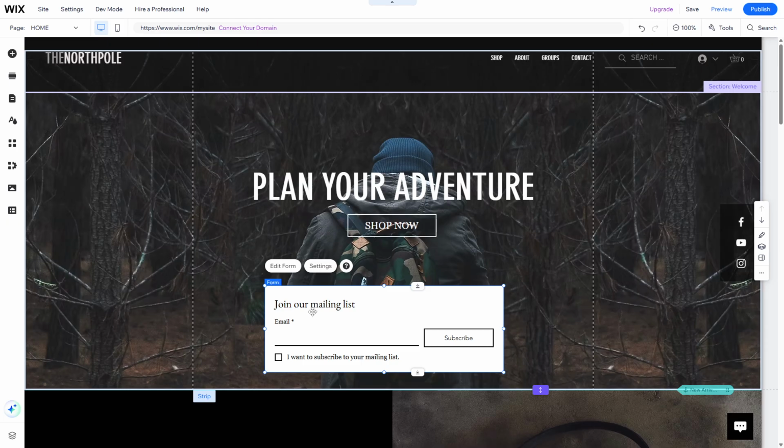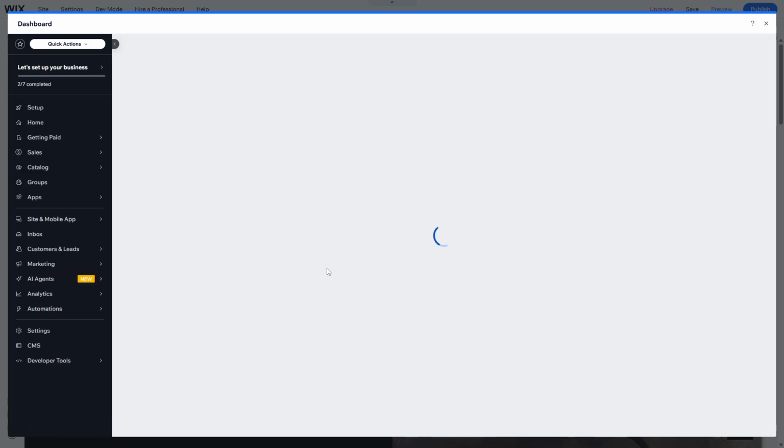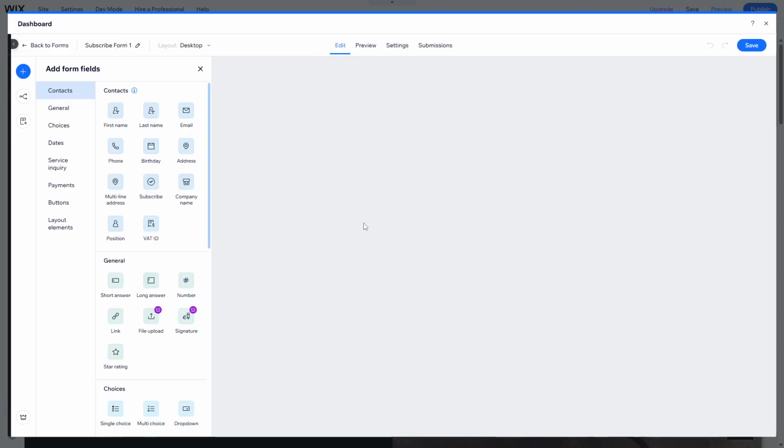Once you're on the right page and your form is in view, click directly on the form to select it. This action will bring up an option to Edit Form, which you'll see typically at the top or side of your interface. When you click Edit Form, it will open up the form builder for you. This is where the magic happens, and it's a straightforward tool that allows you to make various modifications and enhancements